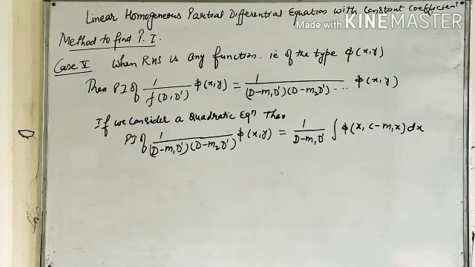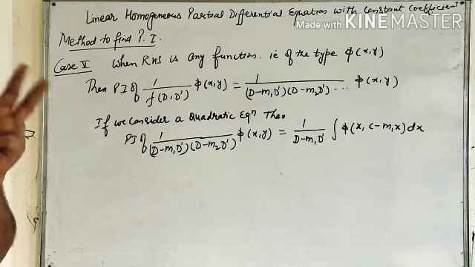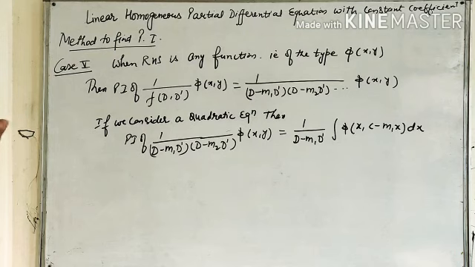Case number 3, when the RHS is of the form (ax plus by) to the power n, and the fourth case was when the RHS is of the form x raised to power m and y raised to power n. In that case number 4, two sub-cases arise: when m is greater than n and when m is less than n.